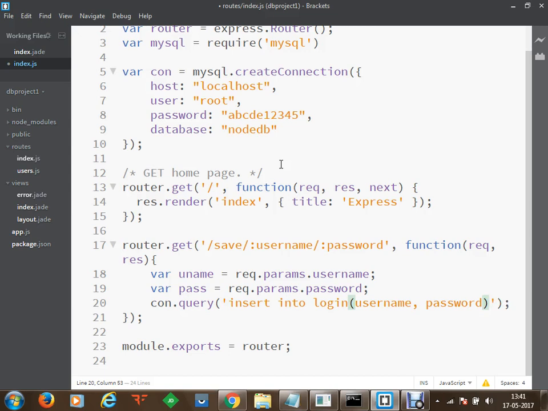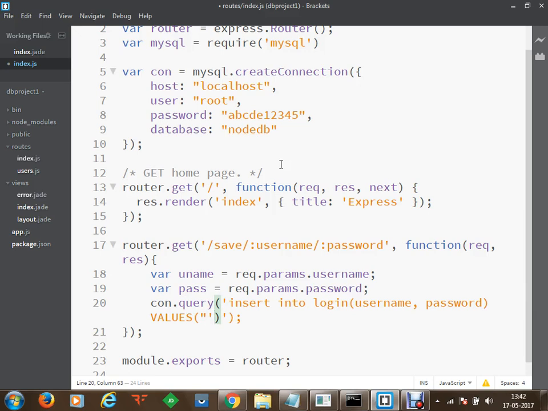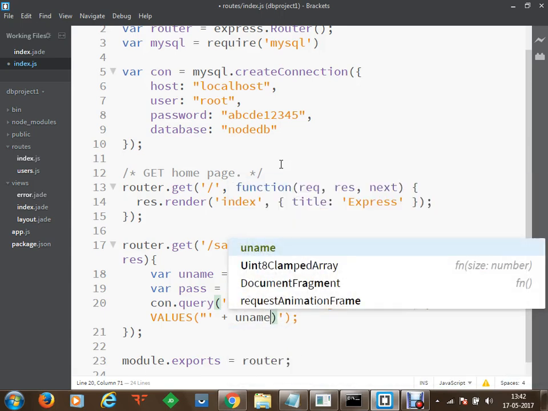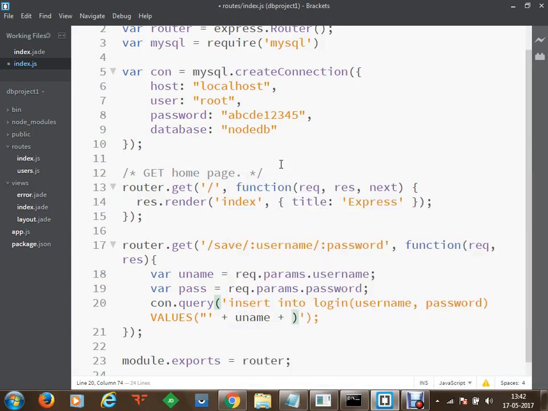Is that okay? Then we are going to specify values, and in the values, first we have to specify a double quote, then we end the first string, and we are going to concatenate uname. Then we are going to concatenate another one, we'll start a new string. Within this string we are going to close the connection.